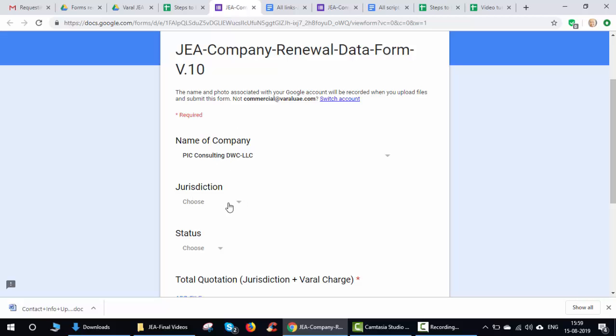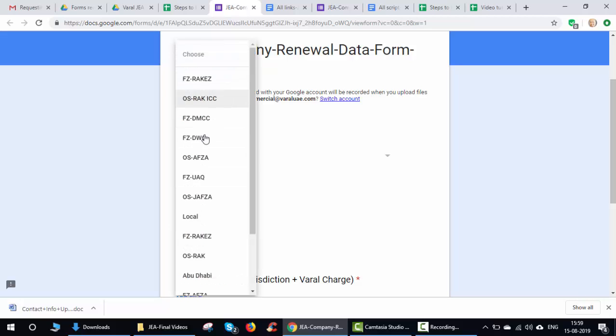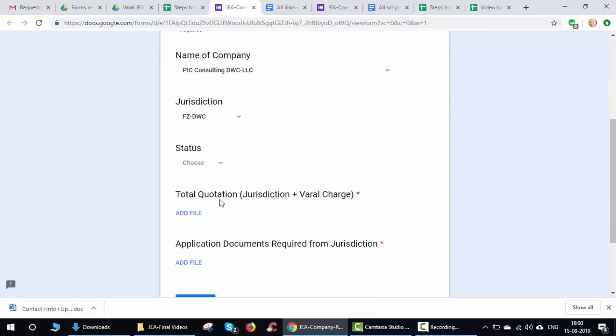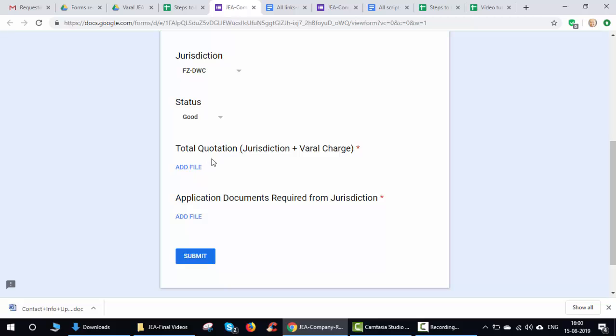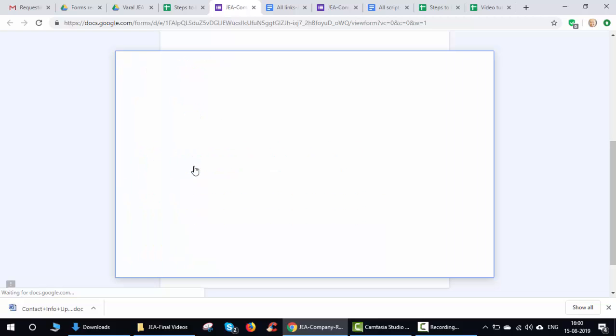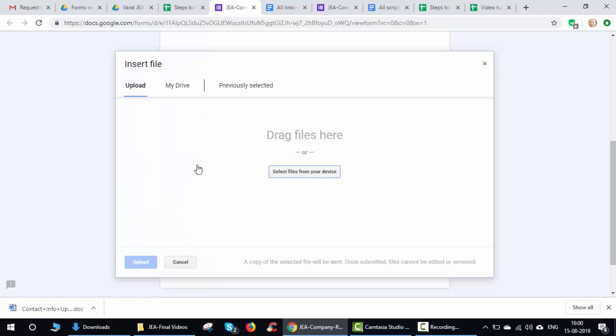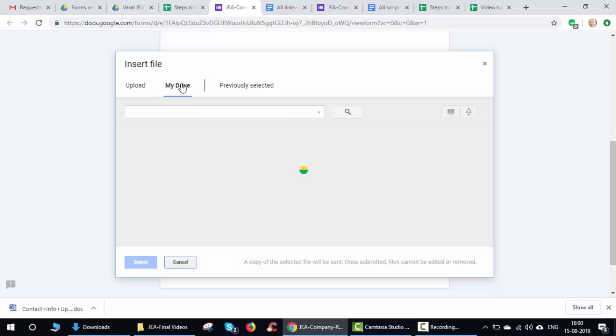So which is a jurisdiction? Pick Consulting is a DWC, free zone DWC, and status is good standing. Now you have to update the quotation here. Now you can click over here, and then you don't have to go here. This will be your system folder, but the quotation is saved in Google Drive, so you can click on my drive,